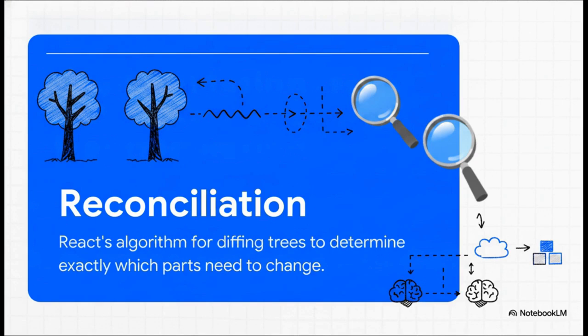This is React's algorithmic process for diffing one tree with another to determine exactly which parts need to change. The crucial point here is this. When your data updates, React doesn't just blindly redraw the entire web page. That would be incredibly slow and resource-heavy. Instead, it creates a new virtual representation in memory, compares it to the old one, that's the diffing part, and then calculates the absolute bare minimum number of changes required. Reconciliation is essentially the mathematical brain figuring out exactly what needs to update on the screen as efficiently as humanly